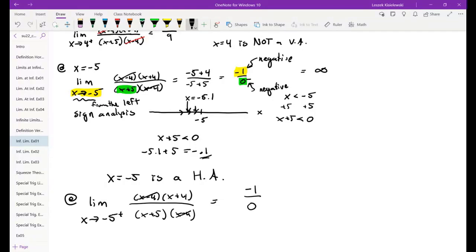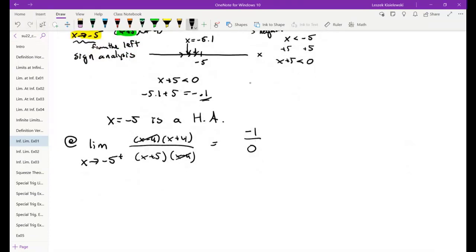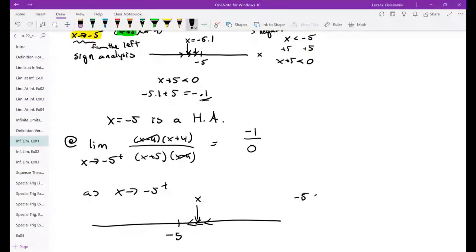The denominator goes to 0, but as x approaches -5 from the right, x is somewhere over here, we see that x plus 5 would be positive, right? So if you'd like, x is bigger than -5,